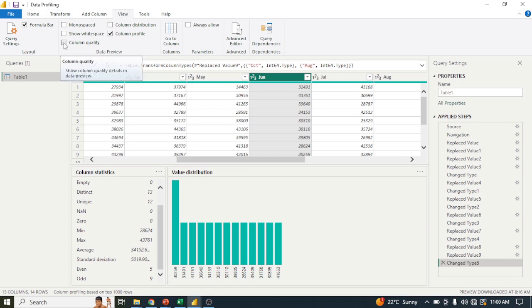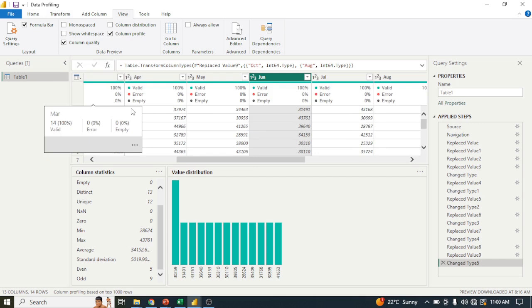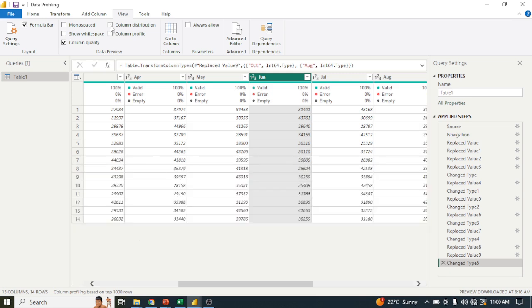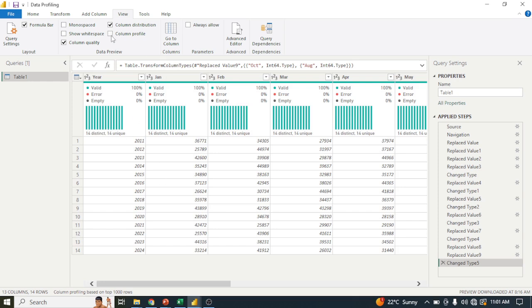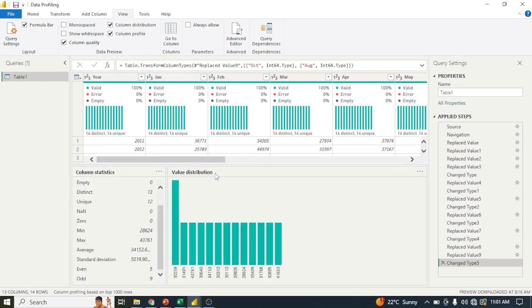Column quality gives you the valid values, error values, and empty values. Then column distribution will give you the distinct values and unique values. This is what we have in each and every column. And then the column profile will give you the value distribution and column statistics. So from there, having cleaned and transformed your data, you can load it to a Power BI report, but our data is not